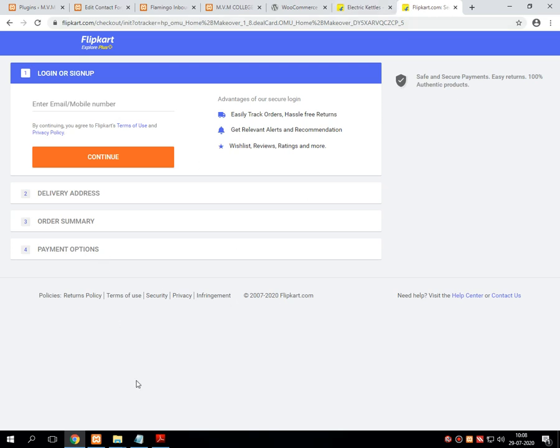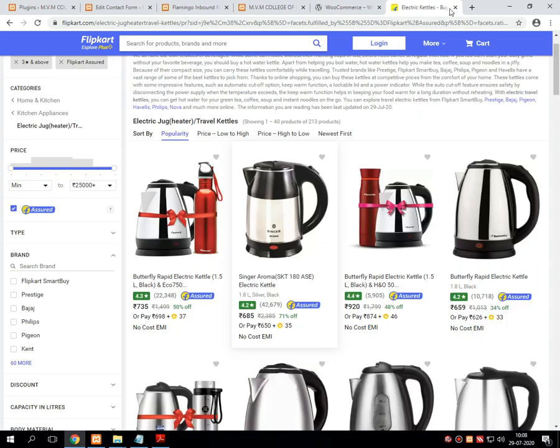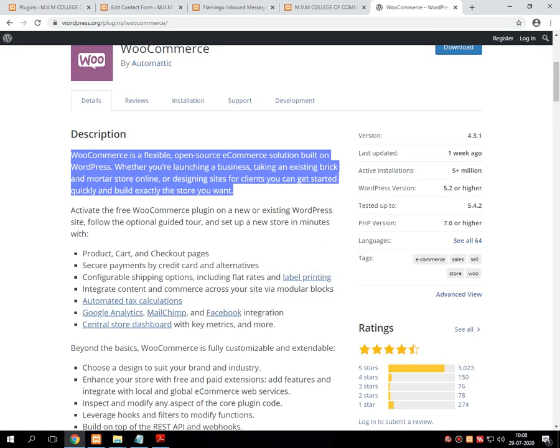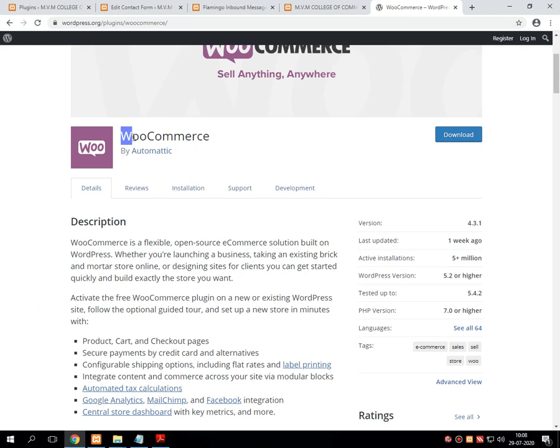So this facility can be designed using the plugin called WooCommerce, where we can create our store and enable online payments. So let's see how it is possible.